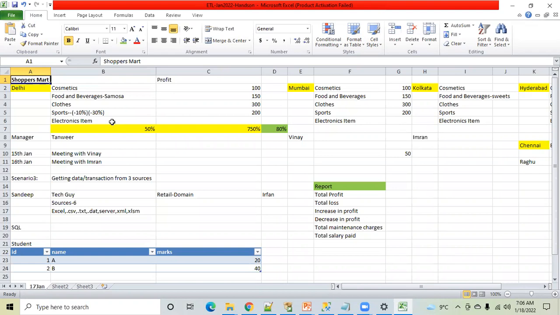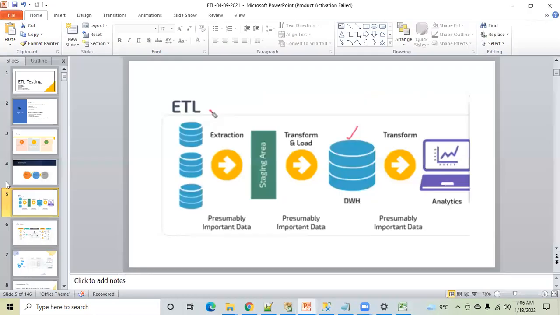YouTube, Facebook, Twitter. Very good, perfect. YouTube is generating a huge volume of data. Facebook, Twitter, WhatsApp, many other platforms are there, right? So they are the sources which are generating data. Okay, fine. So this blue box you are seeing, these are the different sources.